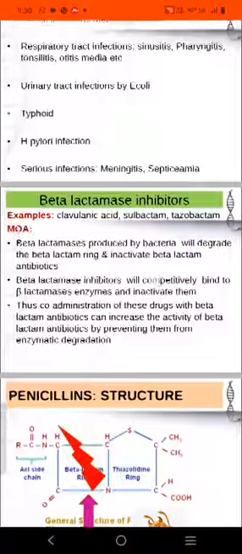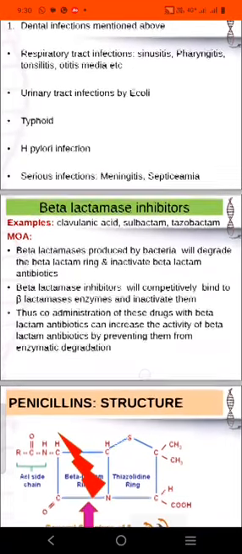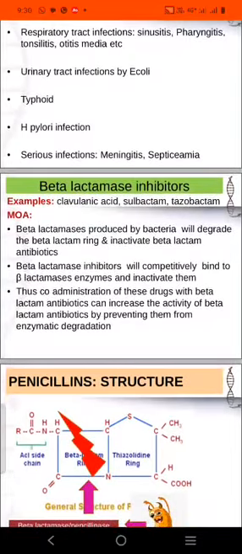Then finally we are going to see about the beta-lactamase inhibitors. The beta-lactamase inhibitors are clavulanic acid, sulbactam, tazobactam. Beta-lactamase is the enzyme produced by bacteria which degrades the beta-lactam ring and inactivates the beta-lactam antibiotics. Beta-lactamase inhibitors will competitively bind to beta-lactamase enzymes and inactivate them. So thus